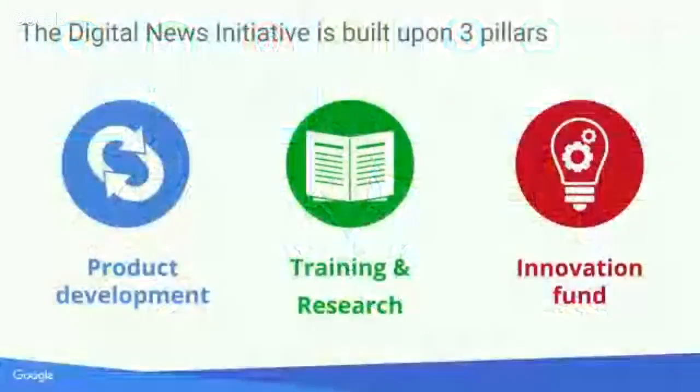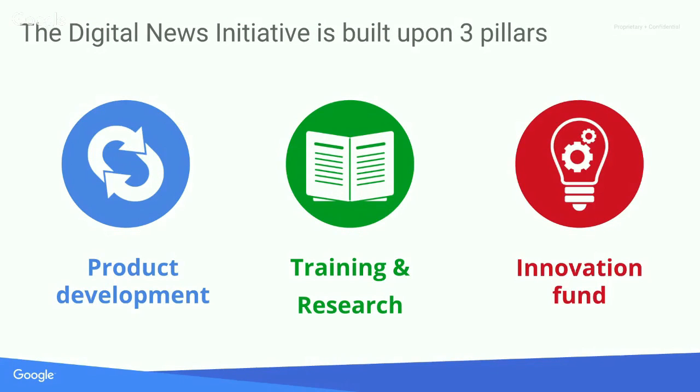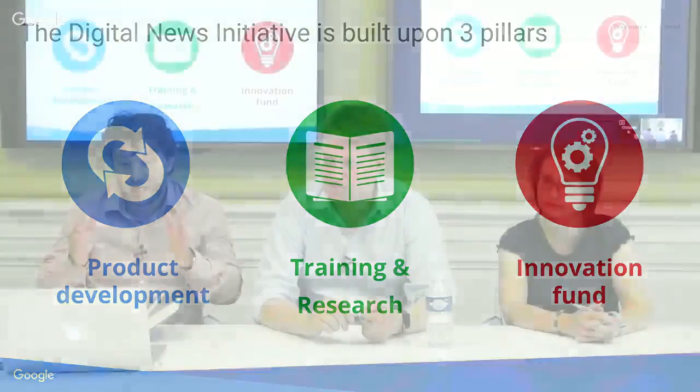First, it's really important to understand that we are not just talking about the fund when we are talking about the Digital News Initiative. The Digital News Initiative is a framework for dialogue with the news ecosystem built upon 3 pillars. The first one is product development, products such as Accelerated Mobile Pages, and it's how Google can help through technology and innovation with its engineering skills. Second is training and research, the News Lab, helping journalists figure out how they can use Google tools in the newsroom. Third is the innovation pillar, the innovation fund we are in charge of,